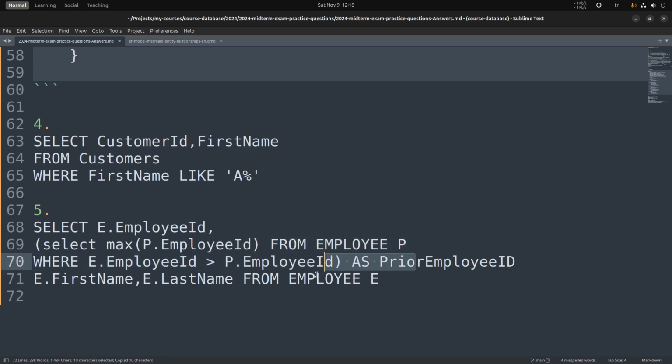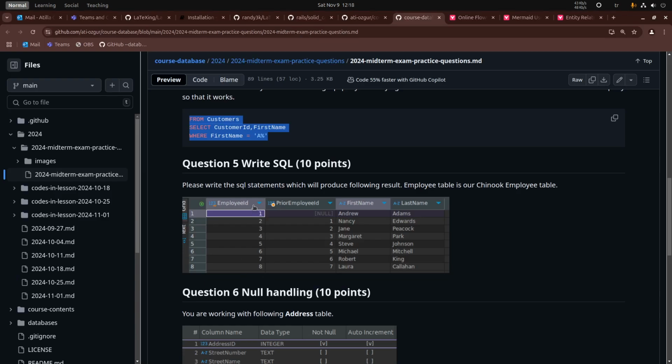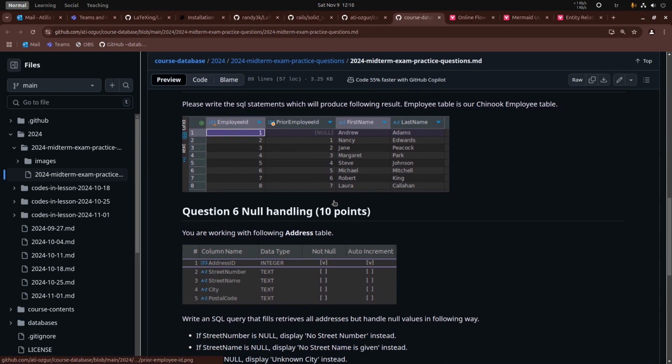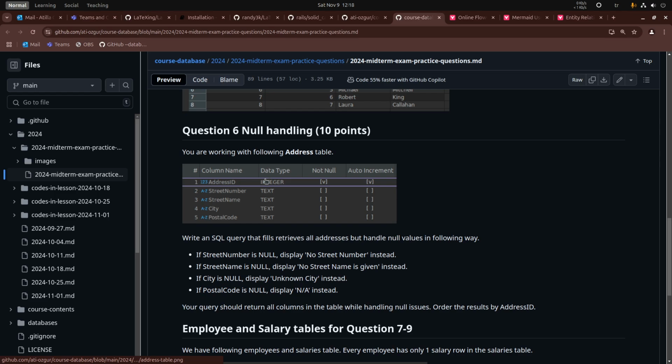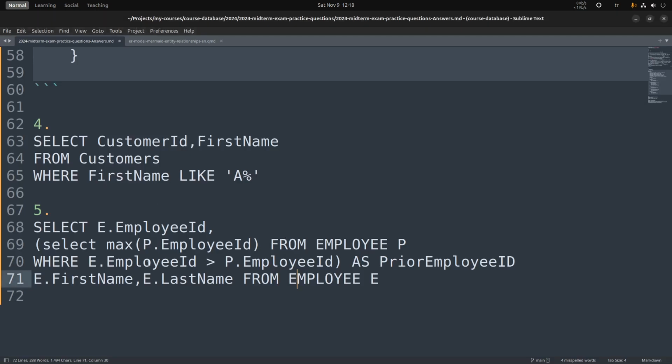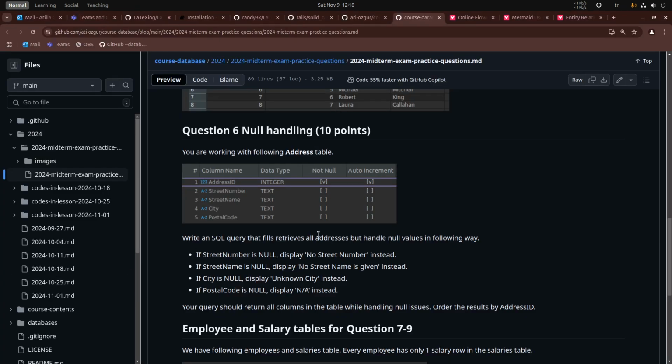Then it will try to bring us an employee. For the first one, for row 1, it will not be able to find it. Therefore, it will bring us null. For the others, it will bring us 1, 2, 3, and the others. And of course, this could be accomplished with the join, but that is harder. This is more understandable and an easier query. But if you write something with the join and I think that it will work, I will accept it as an